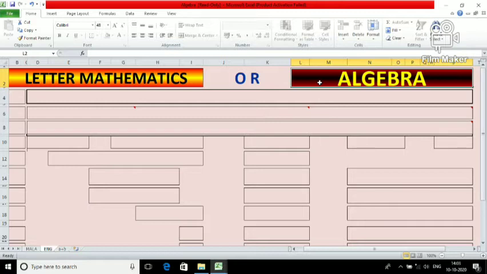Algebra means a branch of mathematics which uses letters also. So from the 6th standard onwards, algebra begins, but the name of it is letter mathematics. That's all. Now let's go to the